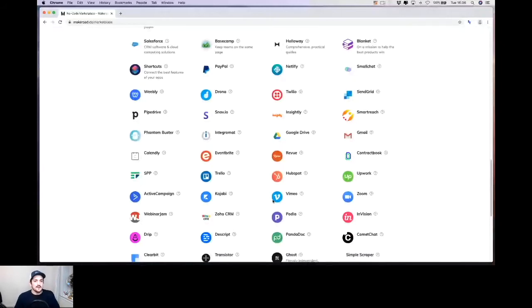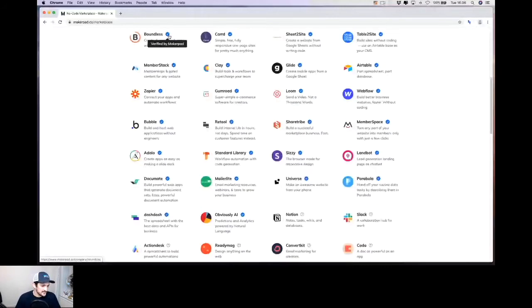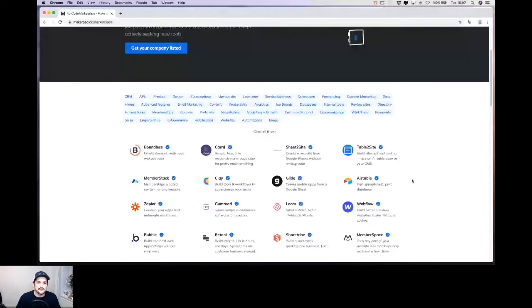Okay, cool. If you're looking at this as well, the ones with the blue check are actually Makerpad customers and verified, so we have ongoing relationships with them. And then these ones down here are also awesome tools, but we just don't have them verified by us yet. Starting with Bubble, through Gumroad, Slack, Webflow, awesome, most of them. Okay, cool. So let's just run through. Maybe let's start with